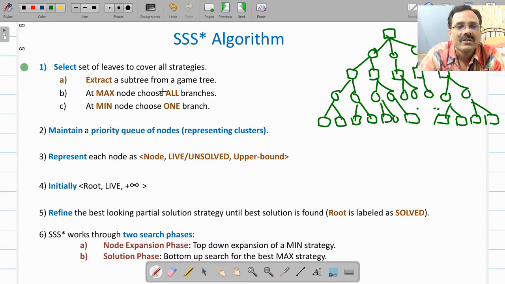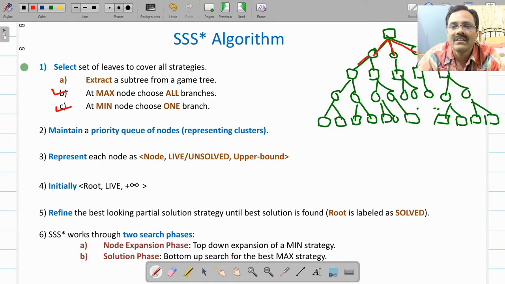At a max node you choose all branches, because now you have to find all strategies. If you are finding one strategy, then we select one option for max and then all options for min. Since you have to cover all strategies, you will have to choose all branches for max. At a min node, you choose one branch. Here at this min, we have two options available.